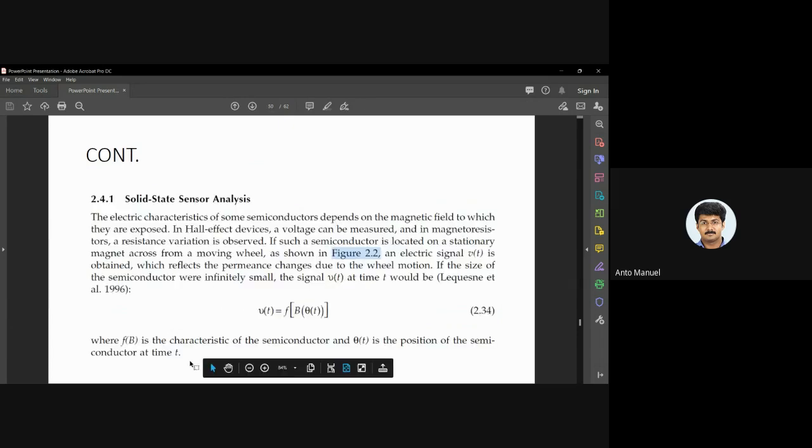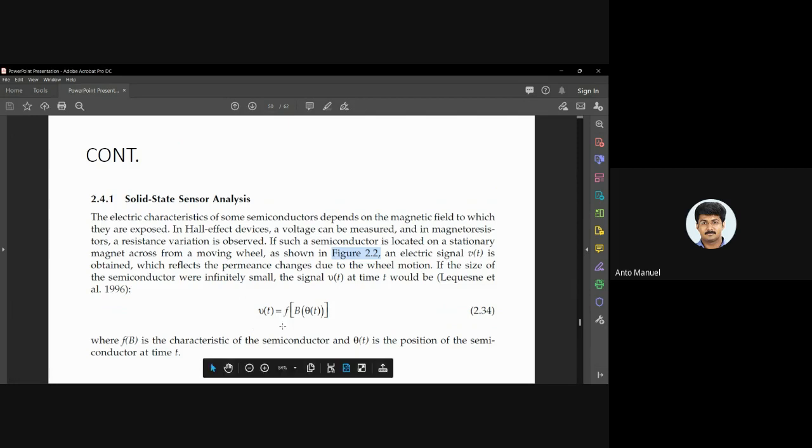Moving to the next slide, solid state sensor analysis. For any sensor, when we consider it in detail, the output should be in the form of some kind of electrical signal. All sensors convert a physical quantity into an electrical quantity. Here, the rotational or linear movement produced with the help of the exciter wheel gives an electrical signal at the output of the solid state sensor, which we can denote in the form of p of t, equal to